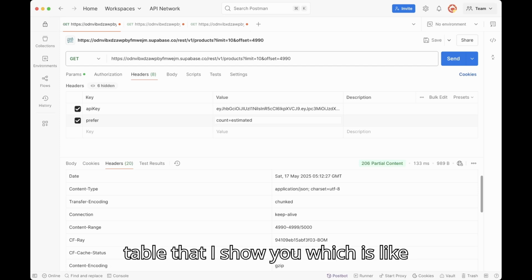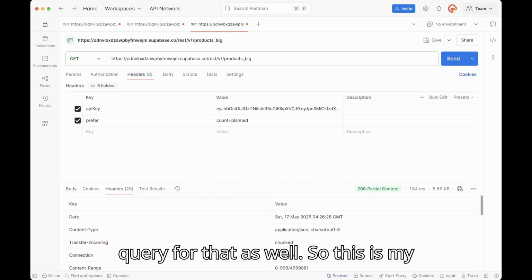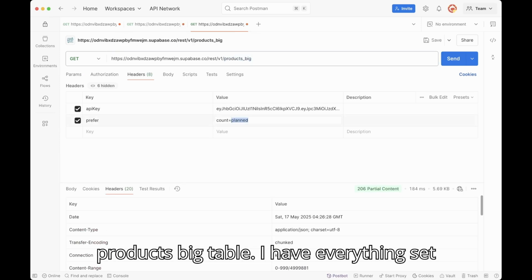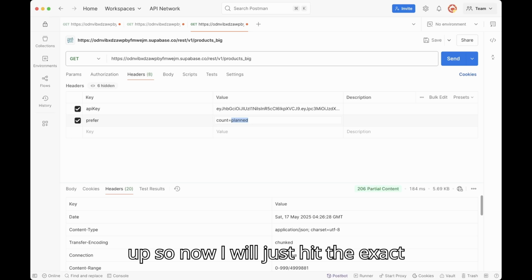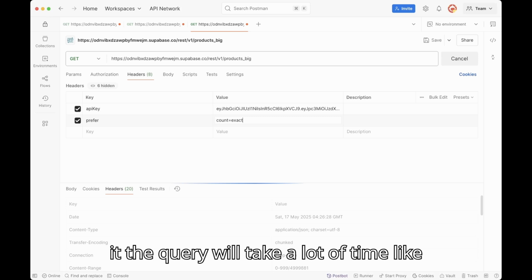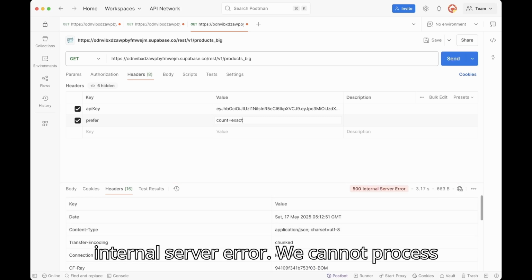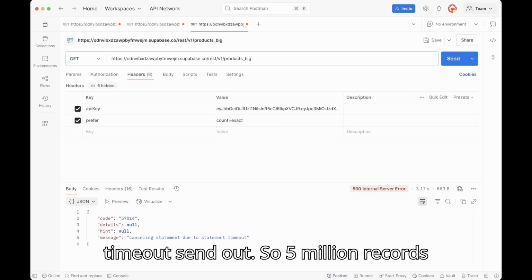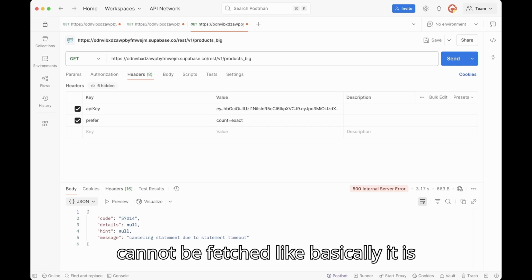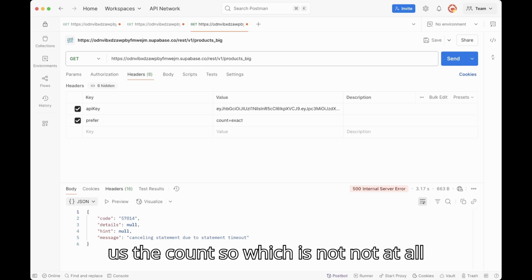But let's say we have a table that I showed you, which is products big. I have the query for that as well. So this is my products big table. I have everything set up. Now I will just hit the exact one. As soon as I hit the exact value, the query will take a lot of time. It shows me directly that there is an internal server error. We cannot process this because Supabase has some limitation on timeouts and all. So 5 million records cannot be counted. Basically it is counting to the last row and then showing us the count,